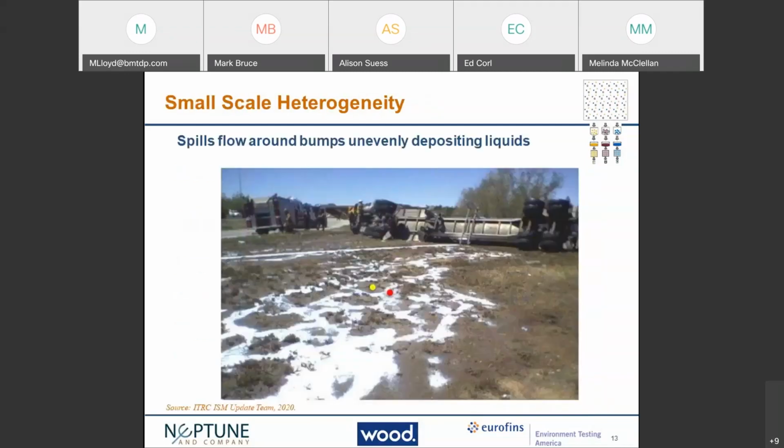Now you might say, well, a lot of our environmental contaminants are released as liquids, so they should be much more homogeneously distributed. But unfortunately, the landscape to which those liquids were released isn't necessarily flat. So we can very easily end up with small scale heterogeneity, even when things are released as liquids. And you can see, looking at the yellow and the red dots, which are spatially very close to each other, could produce very different results. And this would be true for PCBs, petroleum hydrocarbons, wood preservatives, such as pentachlorophenol.